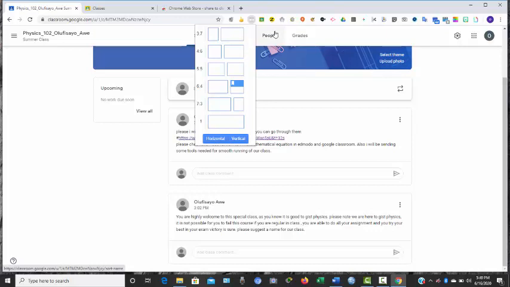So the lecturer or the teacher will need to install Share to Classroom at his or her end. The other extension that is very, very important to be installed for Google Meet is Push to Talk. Once you install Push to Talk, the advantage is that when you are entering the meeting, all the participants will need